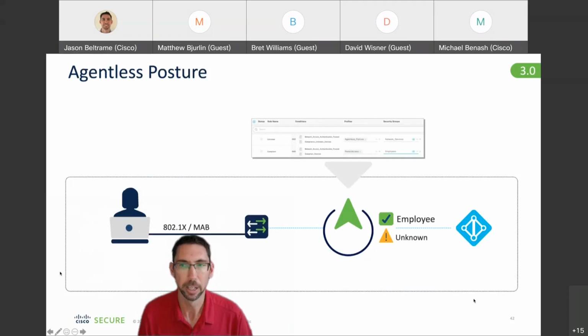Now, one of the features that we've been asking for a long time has been agentless posture, right? And this is only going to be available on the Windows and OS X side initially. But what this allows us to do is, if we didn't want to use the temporal agent, which is basically pushing the agent over the web interface to do the posturing, we're doing it over a PowerShell or SSH connection, right? So you'll see here,